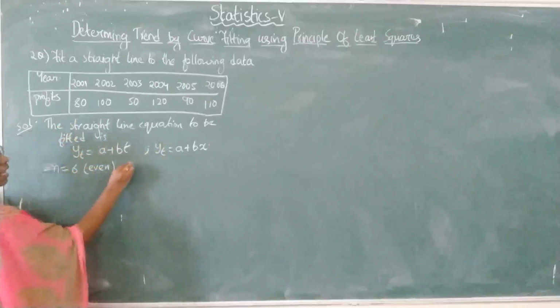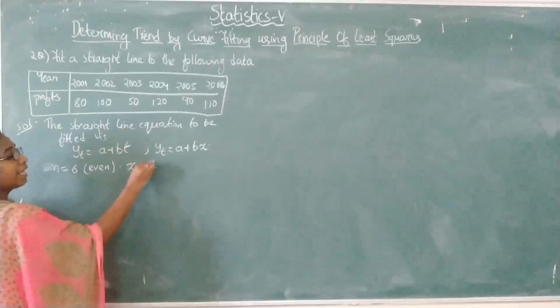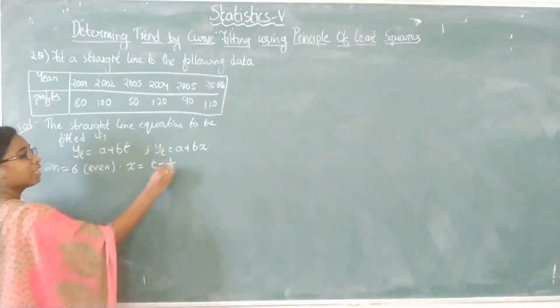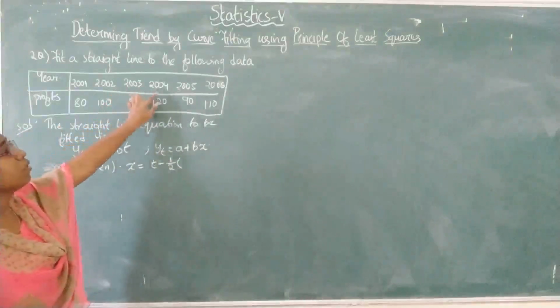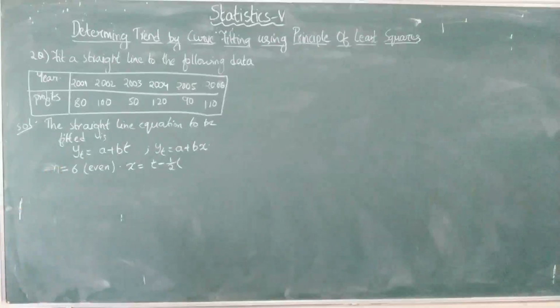So we take x equals t minus the average of the middle two values. That is half of the middle two values, 2003 and 2004. So x equals t minus half into 2003 plus 2004,